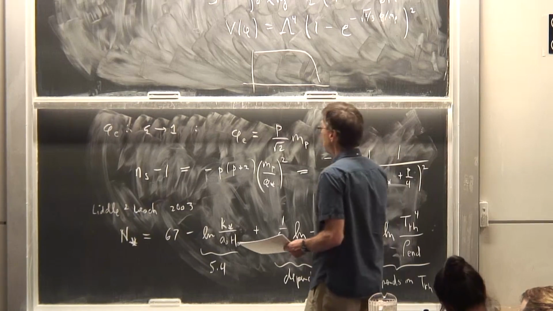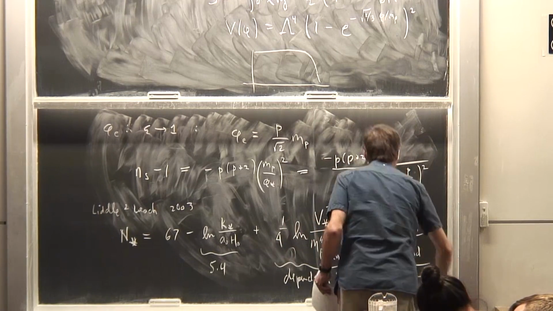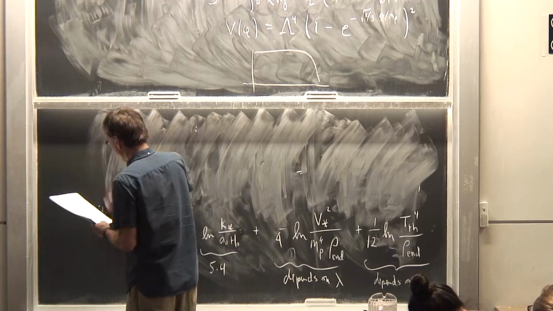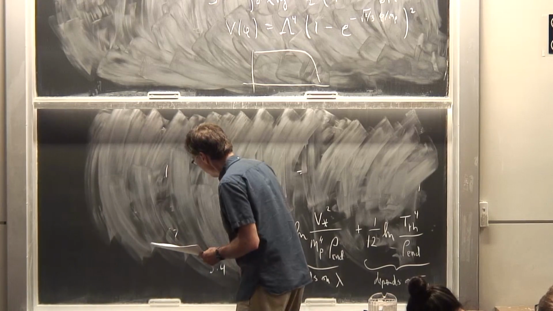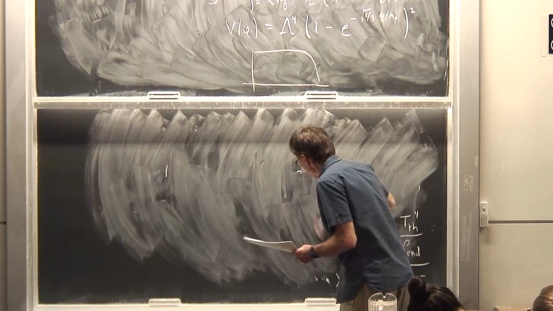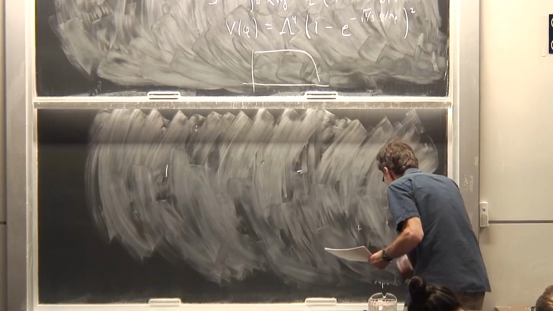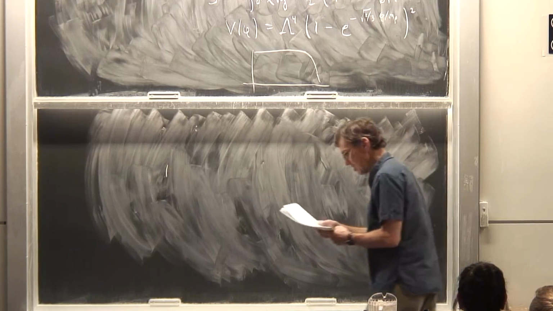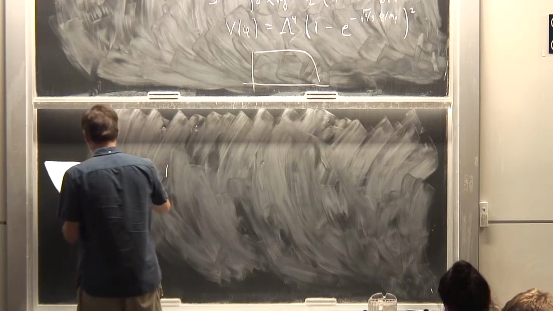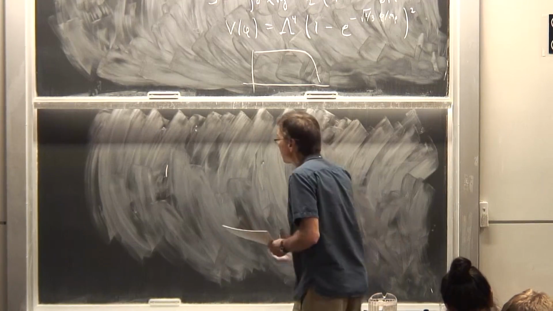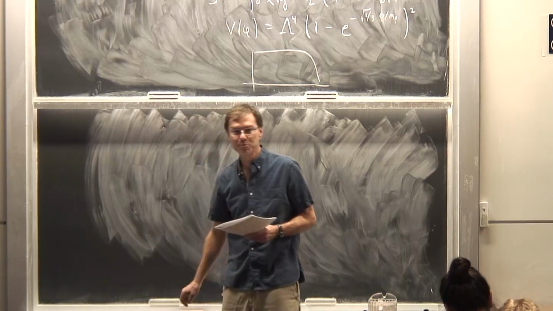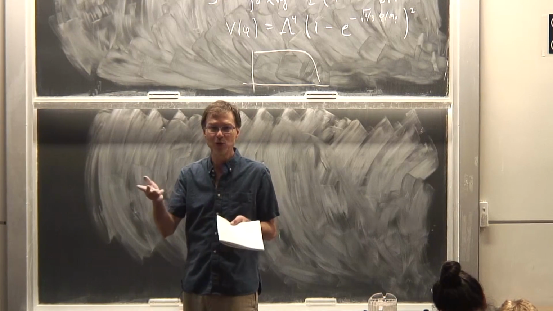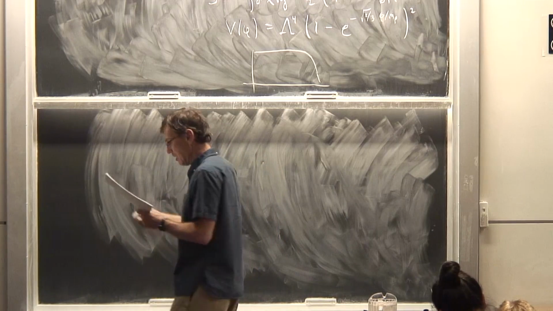And then a model that you've no doubt or probably heard about is Higgs inflation, where you use the Higgs field itself as the inflaton. But you can't do that just in the standard model. The Higgs potential by itself is not flat enough. Or if you just tried to do chaotic inflation with the Higgs potential, the parameters would not be right at all. You know, lambda in the standard model is like 0.12, not 10 to the minus 8. But